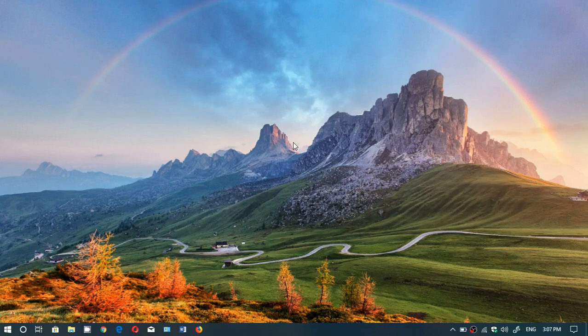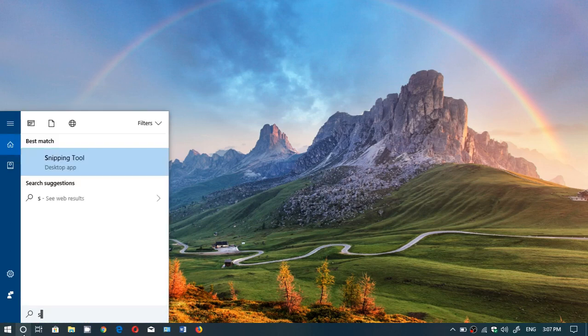One of the very powerful things in Windows 10 is the search box, the Cortana search box. It can search multiple things. It can search for a setting. Say you want to change your screen resolution. You click on the search box, you type screen